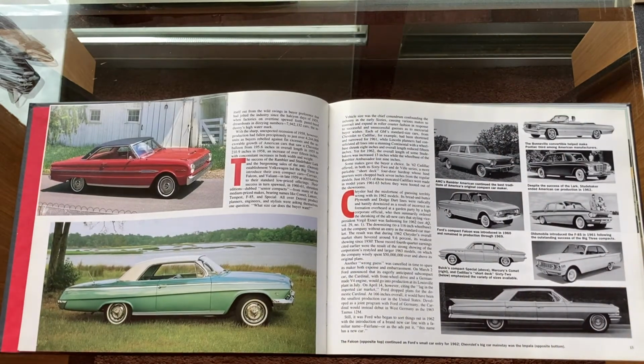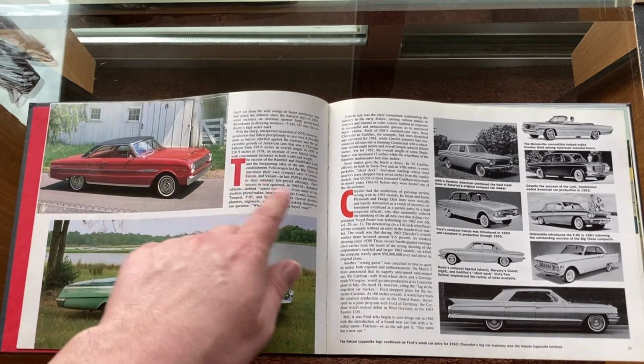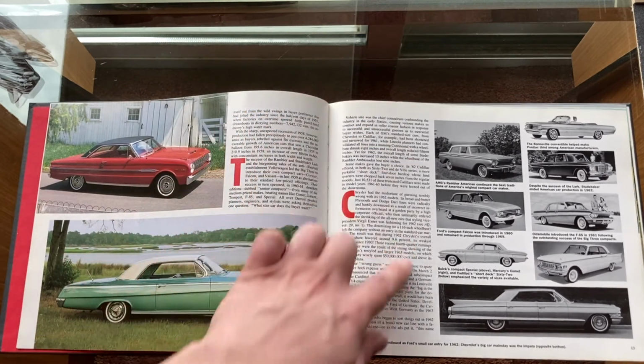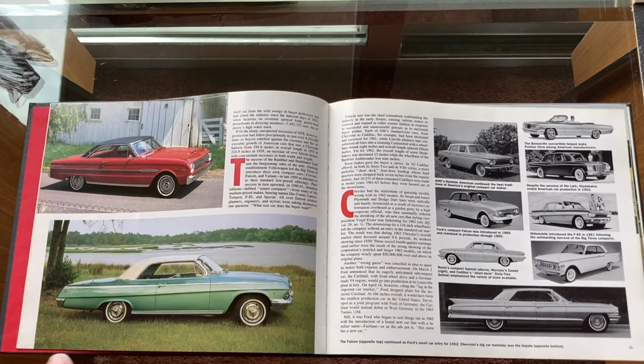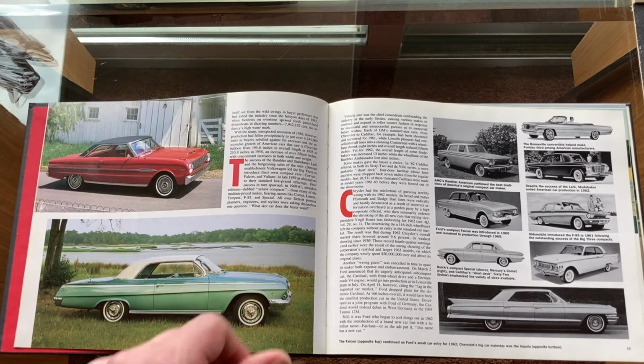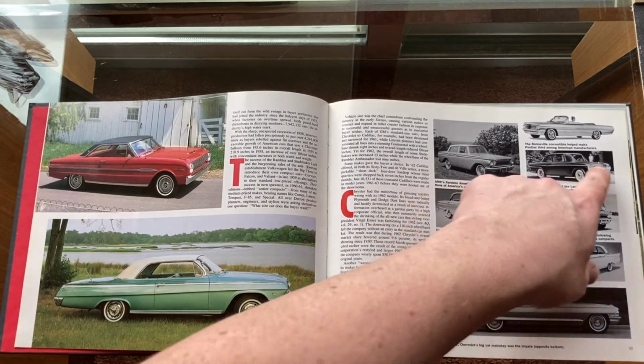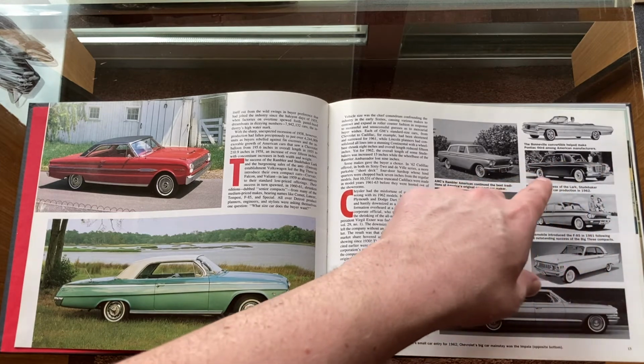So yeah, here's a selection of what this looks like, and the way they do the typesetting at the start of the paragraphs. The font is the same from 1962 all the way up to current, and very beautiful photography. There are a few things in here that I always love to point out what I consider to be mistakes. In this case, like they say right here about the Studebaker, and I think that is a 62 Studebaker,